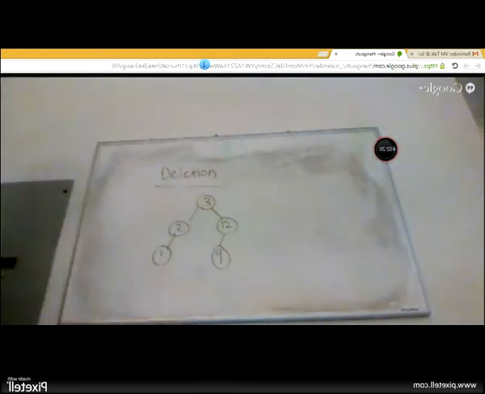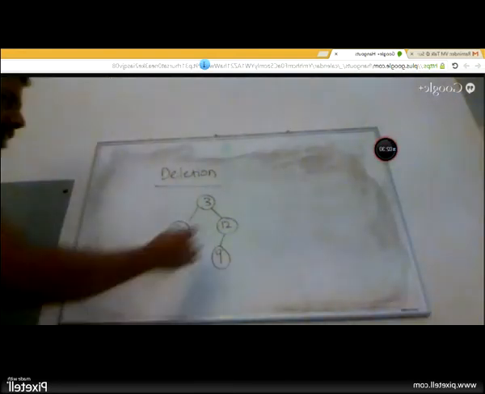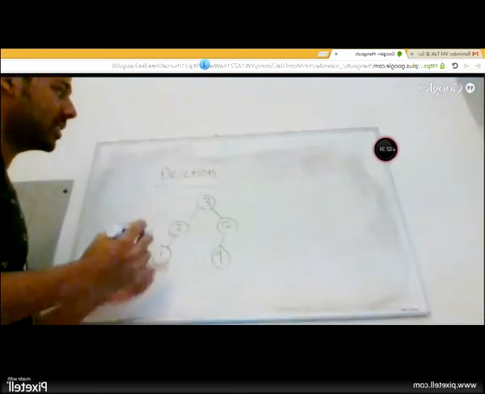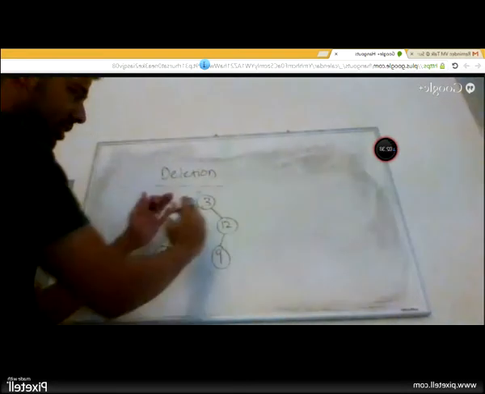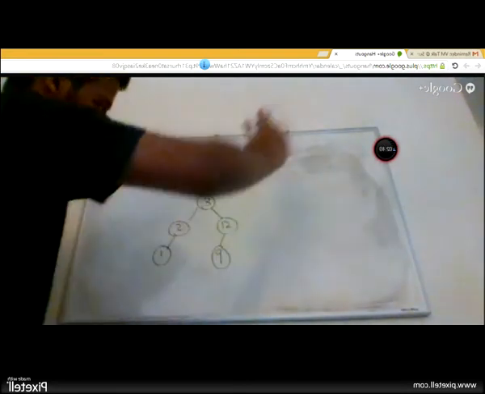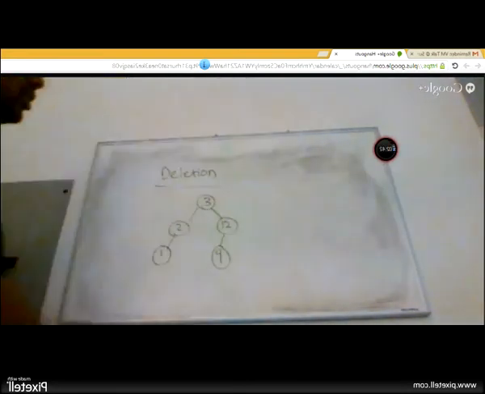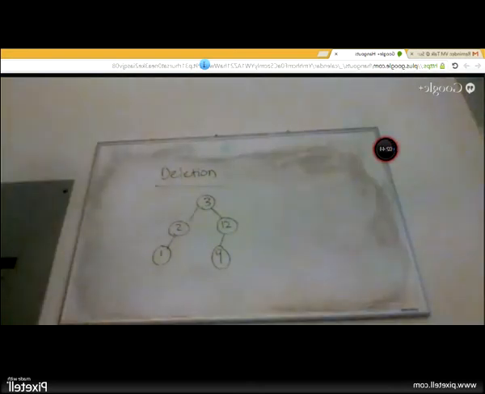If I have to delete 3, I cannot delete an entire tree, right? My task is to only delete 3. I cannot say 3 connects the left and right subtree, so I'm just going to cut out everything that comes below 3. Well, that's not going to work.